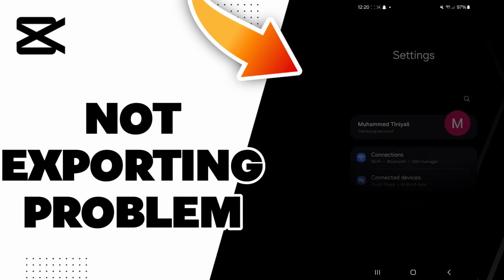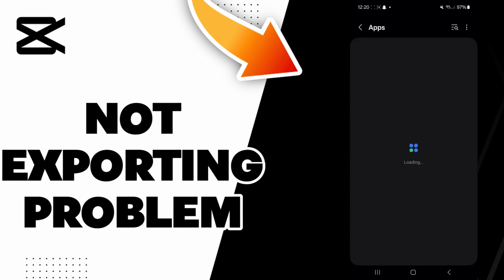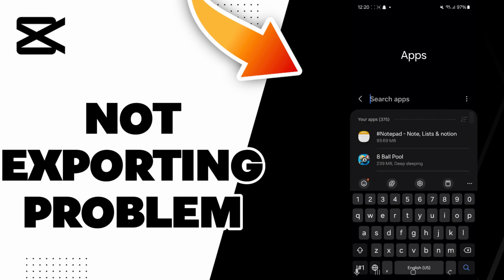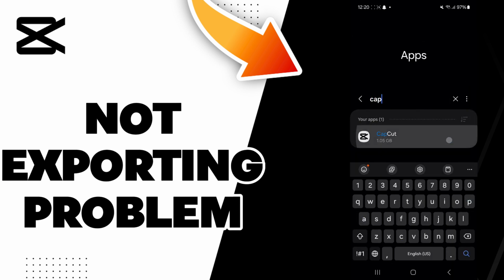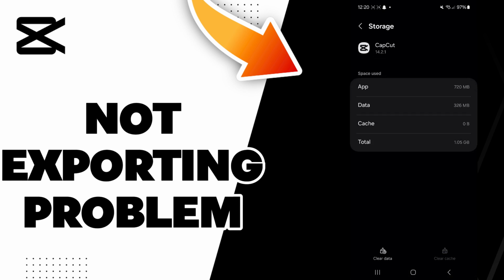So the answer is easy, just go to the settings and then scroll down to the apps section, and then go to the search and search CapCut and then go to the storage, and here you will find this clear cache option. Click on it. Now you can go check if it worked, and if it didn't you can try to restart your phone